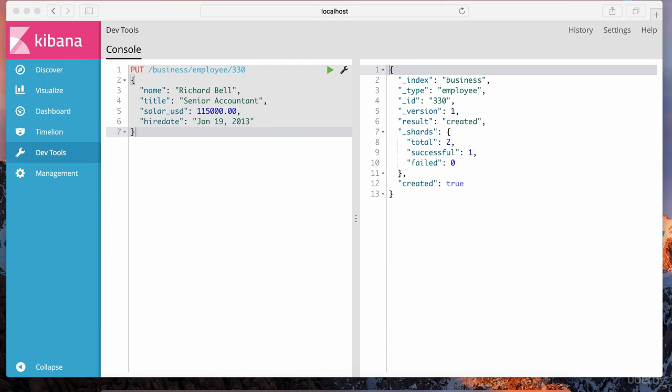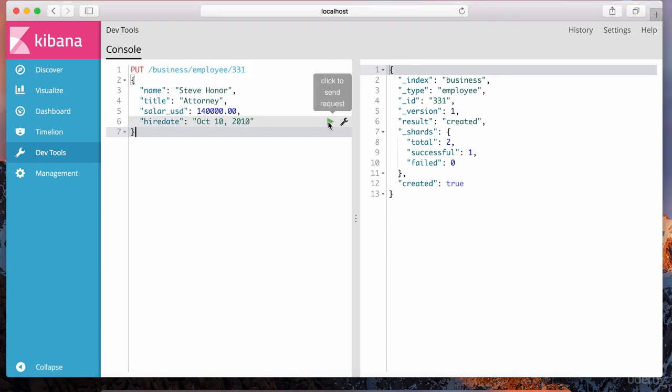Let's add one more employee and hit play, and there we go. Now we have two employees. Now don't worry about getting this data exactly. Just type in any old name for an employee and title. You don't have to paste the same exact data that I'm pasting. Come up with your own fields and your own employees, but notice the type is employee and it's going into